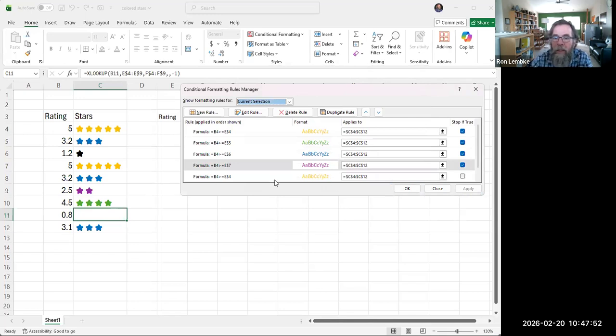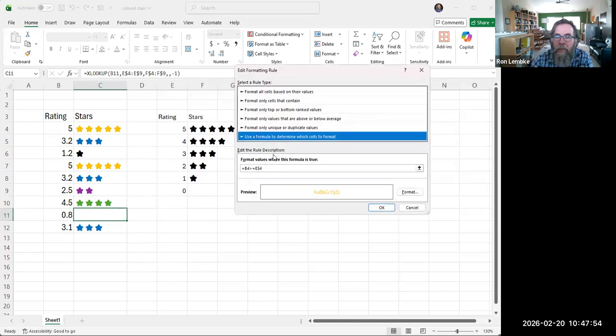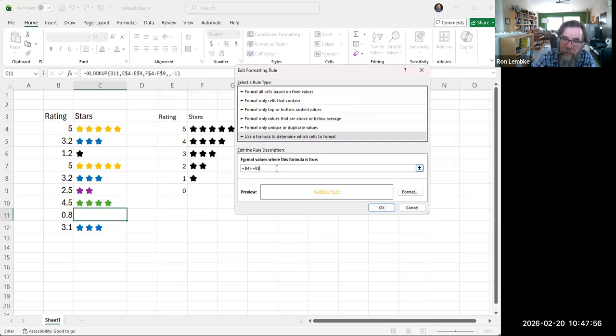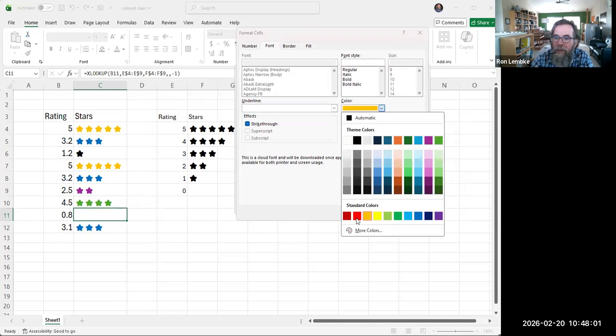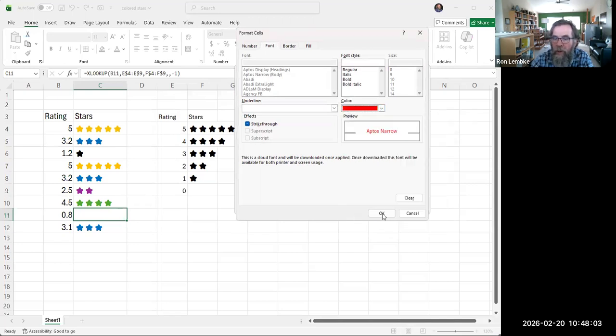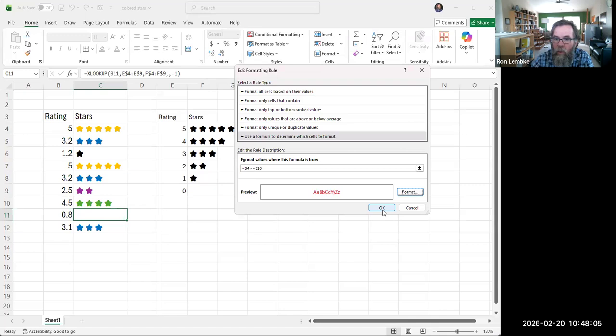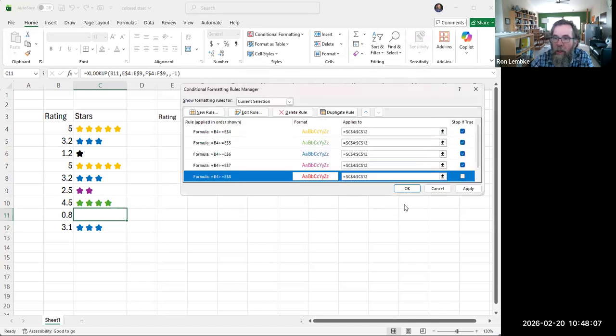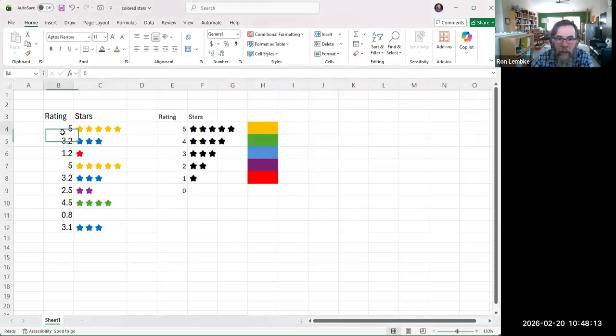And lastly, but not leastly, we have the 7. Sorry, we want this to be an 8. And then we want this to be a red that says danger. Listen, you really don't want this product because it's really got a low rating. So we click OK, we click apply, and now we can close this. So now no matter what rating something has,